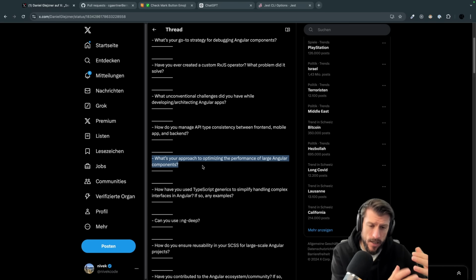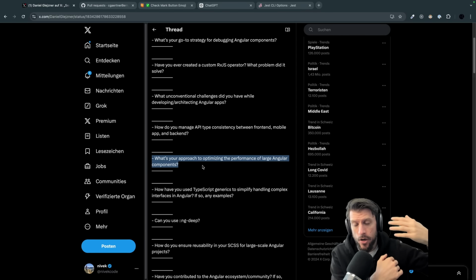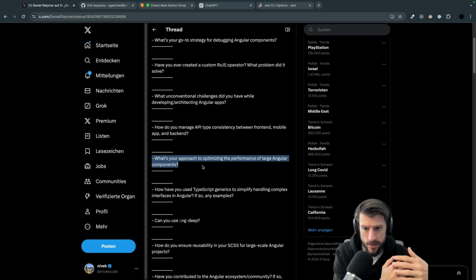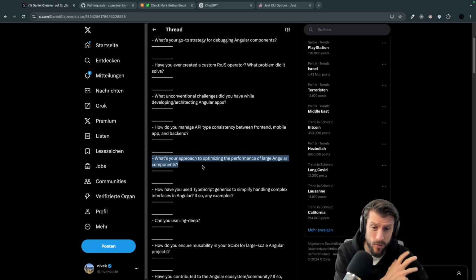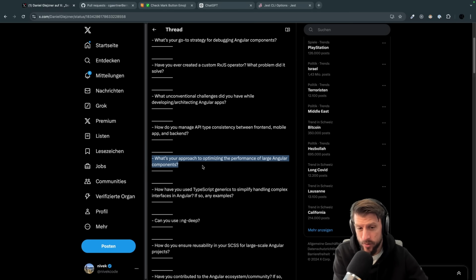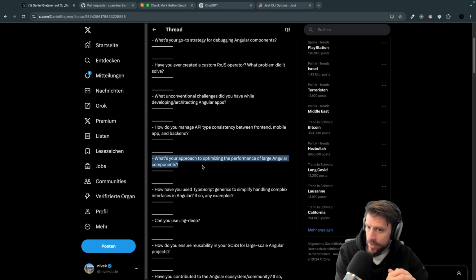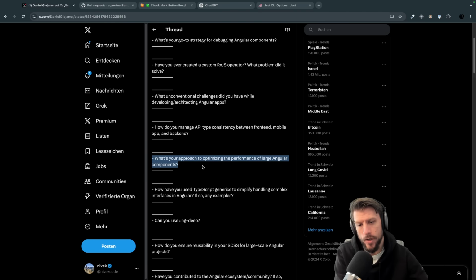Then I would analyze the component itself: are there big things which take a long time to load? So let's say you have a component which has a huge graphic, an expensive graphic with a library in the background, which gets loaded, which makes it slow. Then I would probably use a defer block on that and lazy load that part so that the whole application